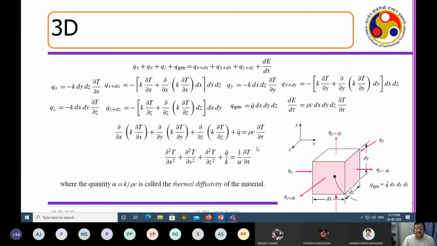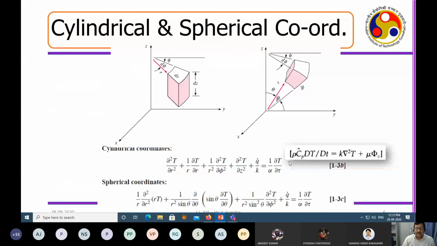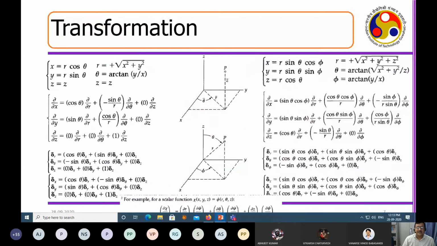So you can see that this equation can be transformed for a cylindrical coordinate system, which takes a form like this, whereas for spherical coordinate system, it takes a form like that. And this we have extensively discussed in the last class, how exactly these transformations are done, imagining that this is a Cartesian coordinate system. You have placed a cylinder in a Cartesian coordinate system, and you are defining the cylinder through r theta z, which is correlated to x y z with these relations, and these r theta and phi, which are the coordinates of a sphere, are correlated to x y z, which is the Cartesian coordinate of the system.